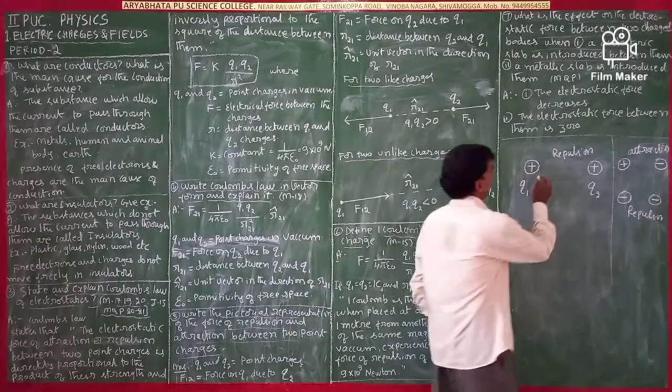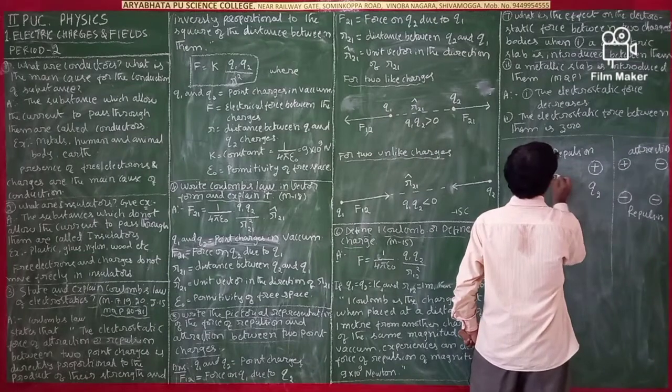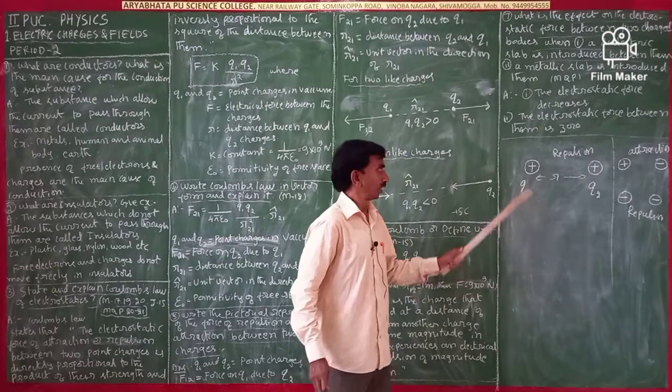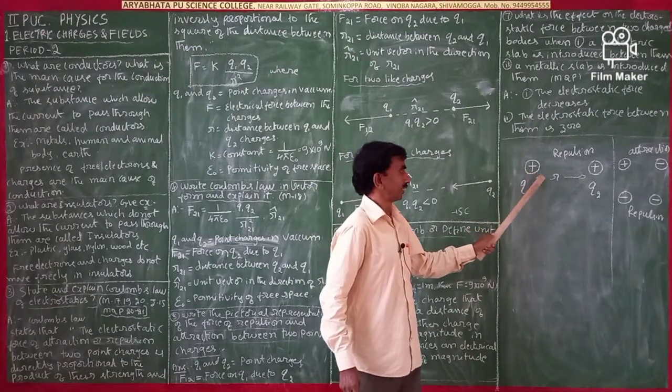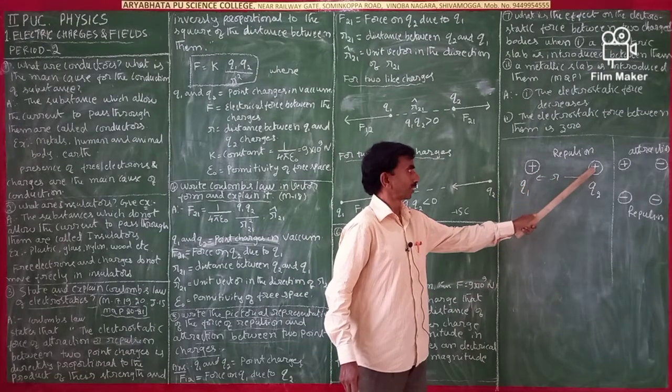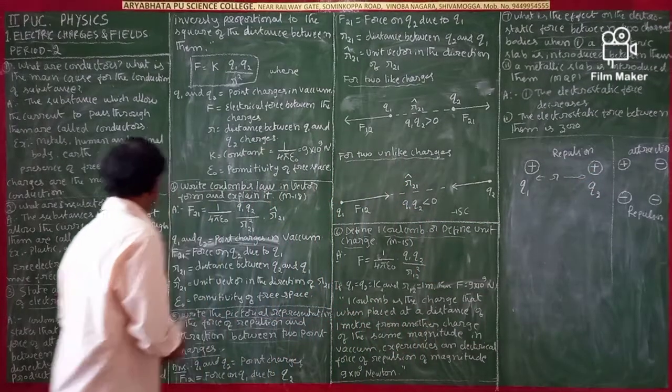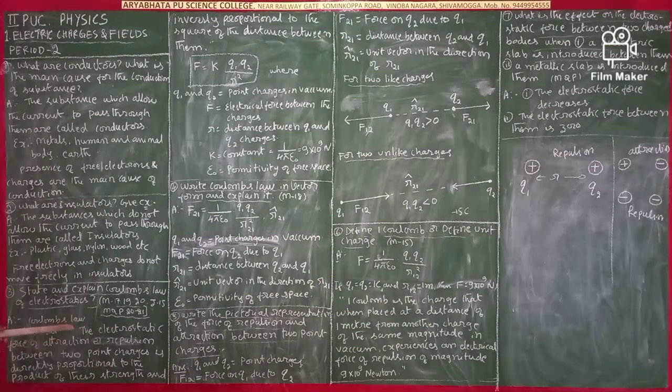So let the distance between them be R. R is the distance between the two charges. We have to keep one charge here, and there is a distance R to the other charge, Q2. And Coulomb's law states that the electrostatic force of attraction or repulsion between the two point charges